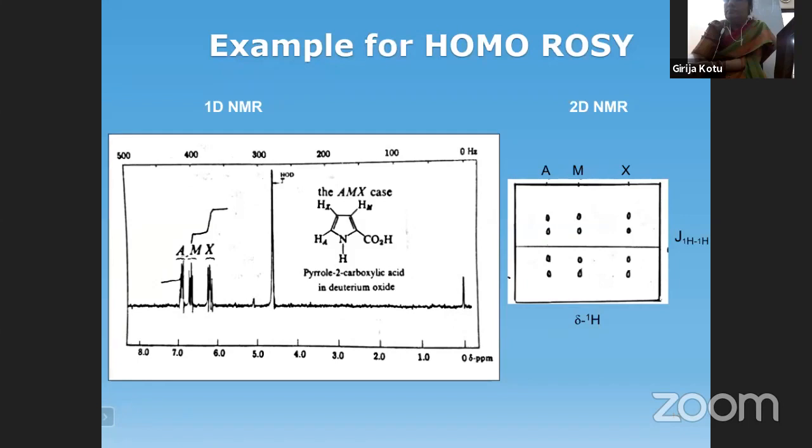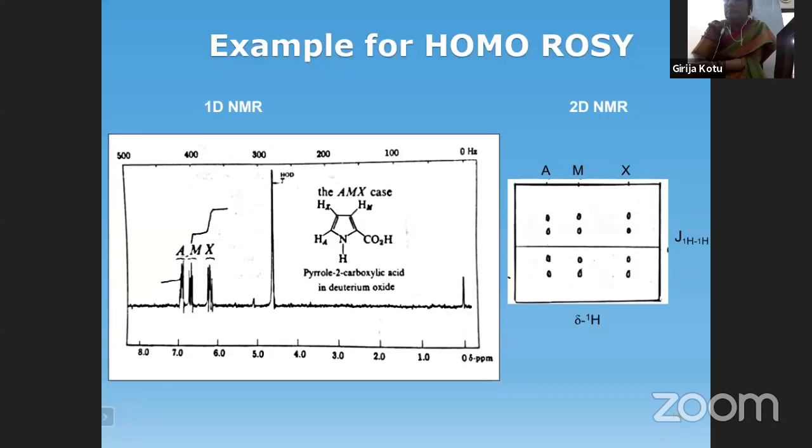If the chemical shift values of this molecule were very close by, the 12 lines may merge and you may not see them as clearly as they are seen here. But look at how the 2D NMR appears. The A proton's 4 lines are seen as 4 contour spots, one below the other. They occupy only a single space line on the x-axis. Similarly M, similarly X. So there is no overlapping question.